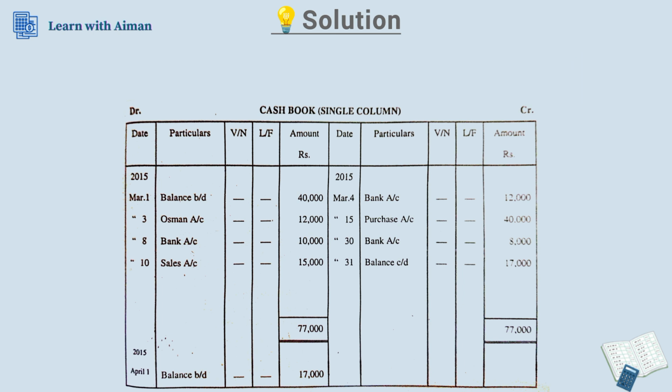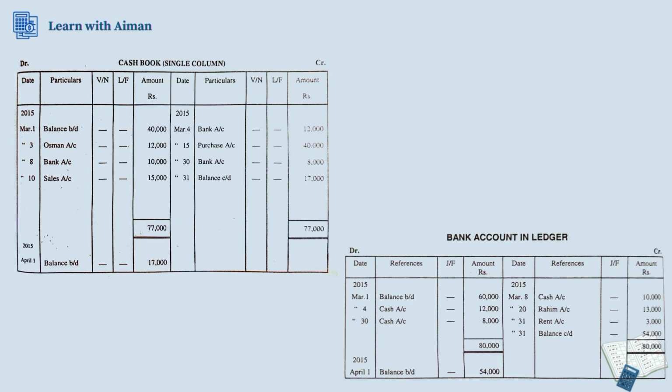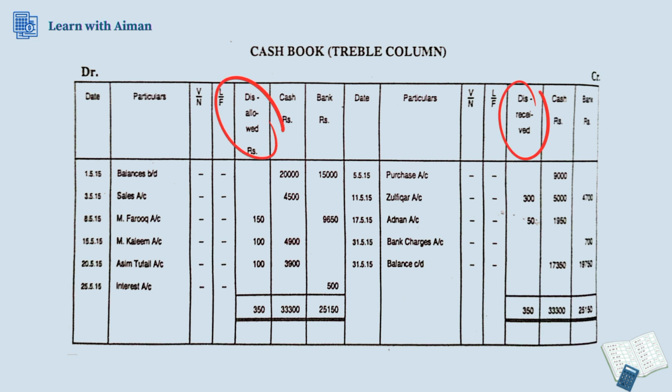Then let's take the balance. So we have a balance carried down of rupees 17,000, which we bring to the next account, in the next balance brought down. Just like we prepare our cash account, here is our bank account, and we prepare it the same way, just mention all those entries with the involvement of bank. So in this problem, we will prepare our two separate books, cash book and bank book. If we combine these two books, we get our double column cash book. If I show you, here is a double column cash book. And same as that, we can prepare our triple column cash book just by adding a discount column on both sides of our account, on our debit side and on our credit side.